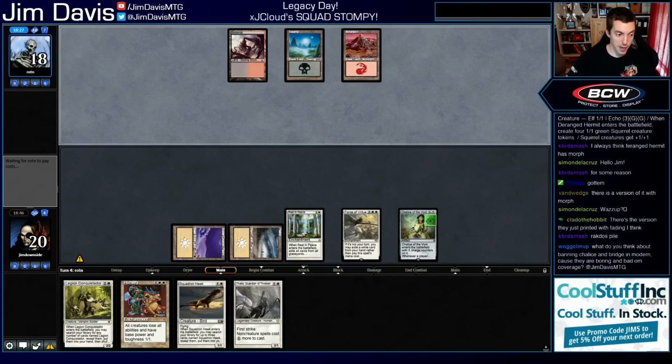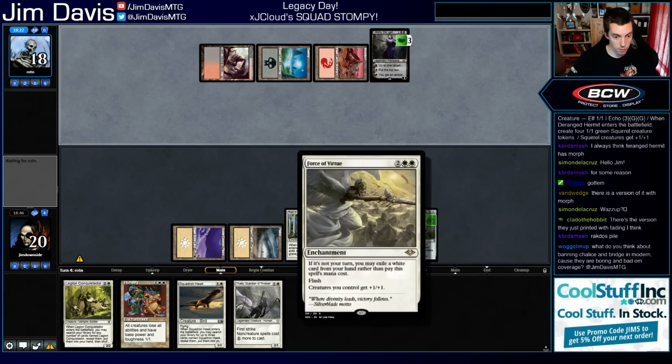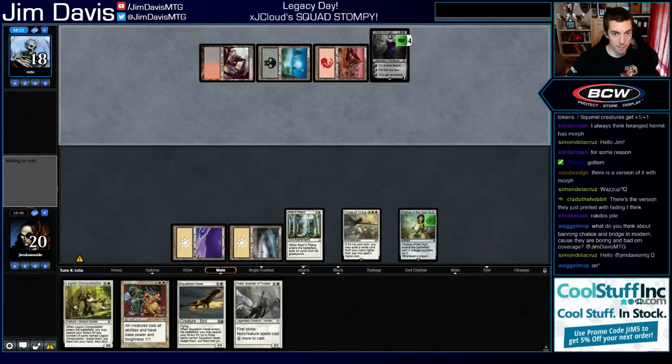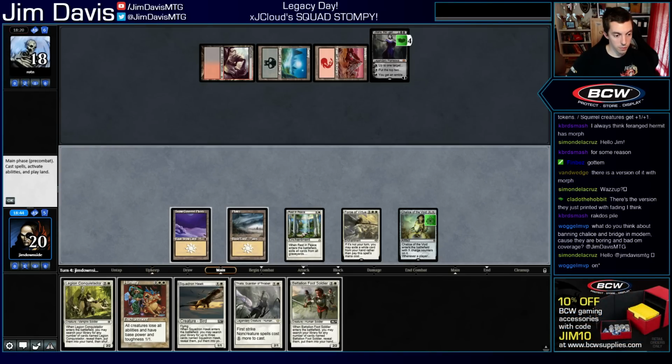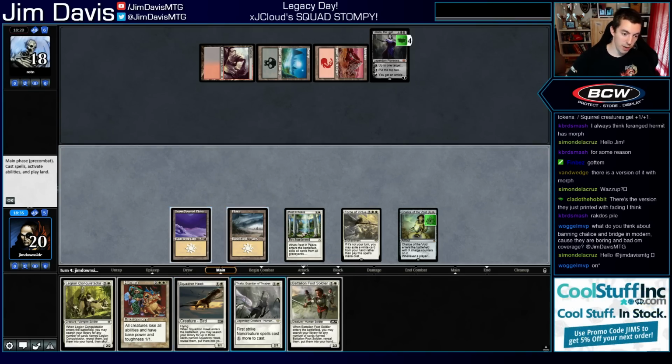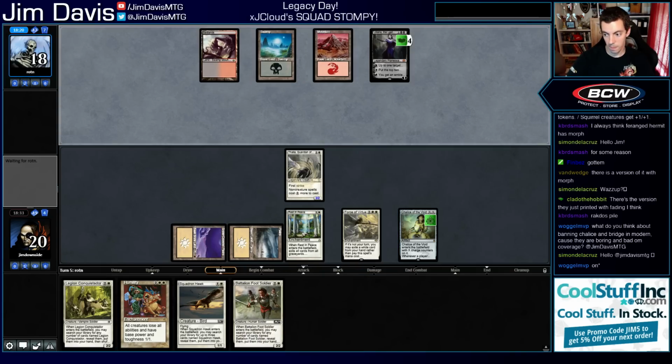Obviously, they have Kolaghan's Command. It's kind of annoying, but, like, whatever. That card's not that good because we have a Force of Virtue. Force of Virtue ain't bad. Foot Soldier. Alright. So if we Hawk... I guess they're going to shrink it. Yeah, we're going to set a Thalia here. We also have a Chalice in play, too, so...